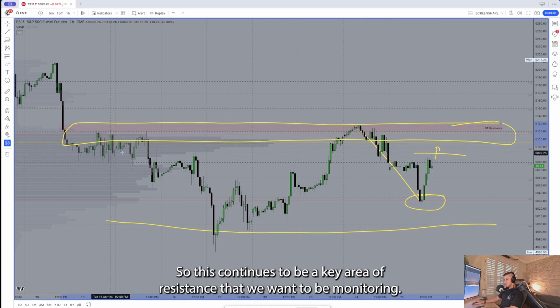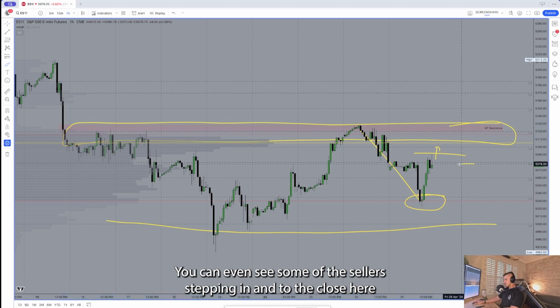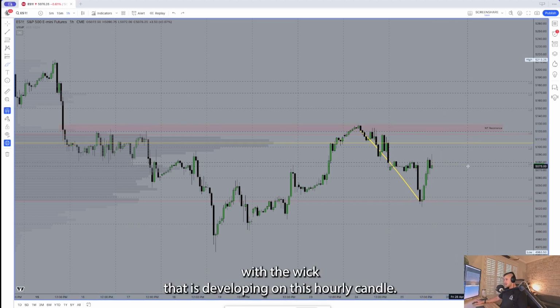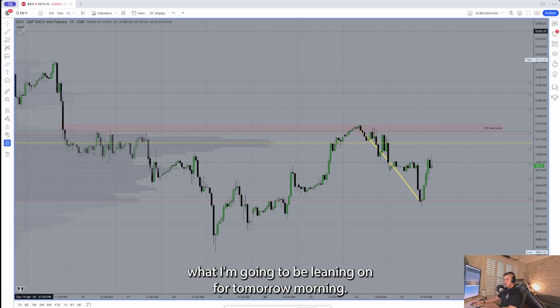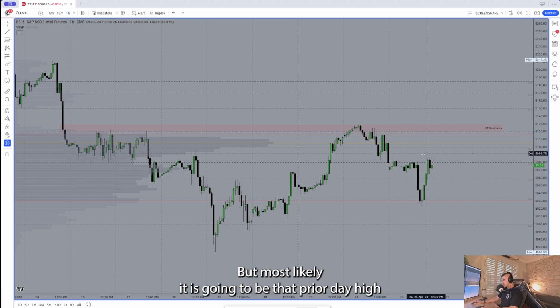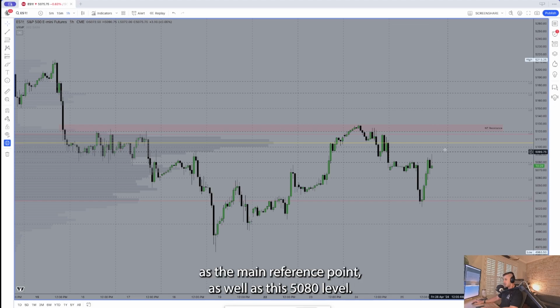So this continues to be a key area of resistance that we want to be monitoring. You can even see some of the sellers stepping in into the close here with the wick that is developing on this hourly candle. So depending on what type of overnight action we have, we'll determine what I'm going to be leaning on for tomorrow morning, but most likely it is going to be that prior day high as the main reference point,